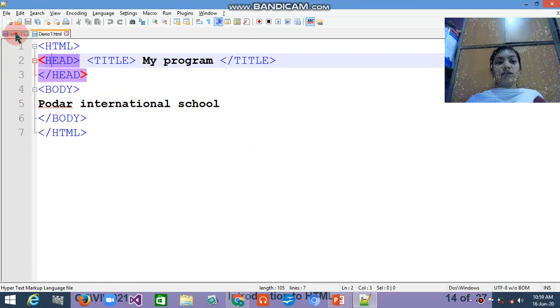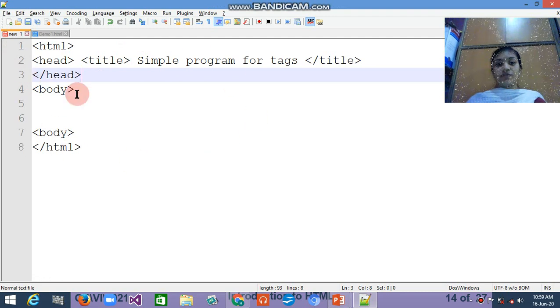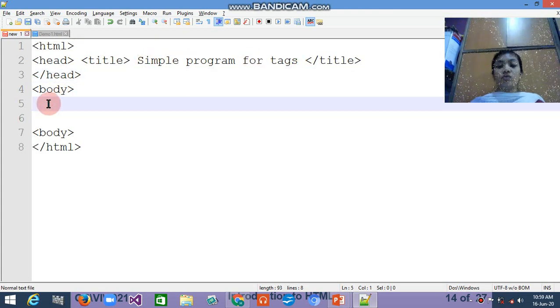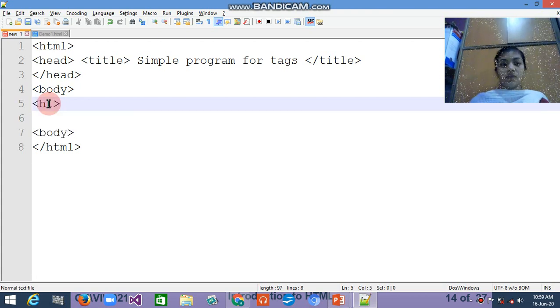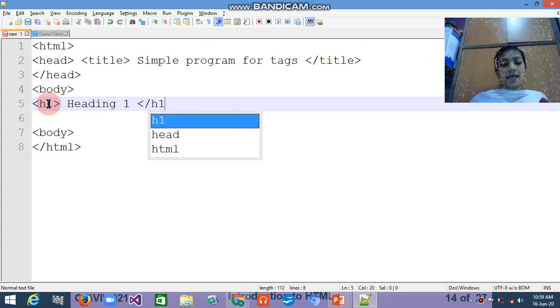I already made the structure of this program. HTML tag, head tag, title tag. Name of the title is the simple program for text. Then use the body tag. Now I am going to use the H1 tag. Okay, I am just writing simple heading 1 and close the H1.